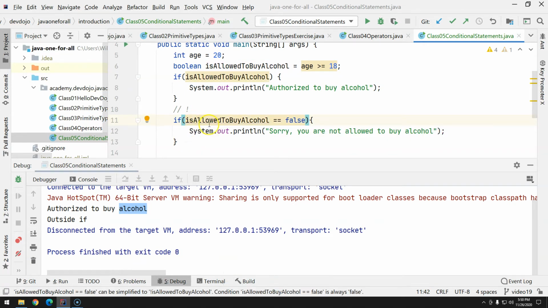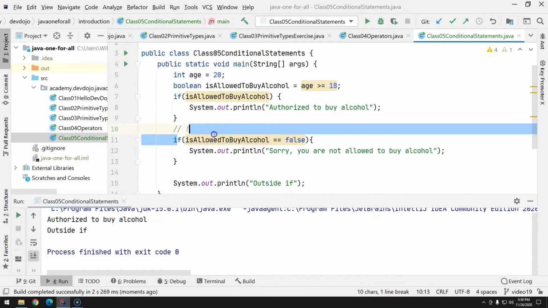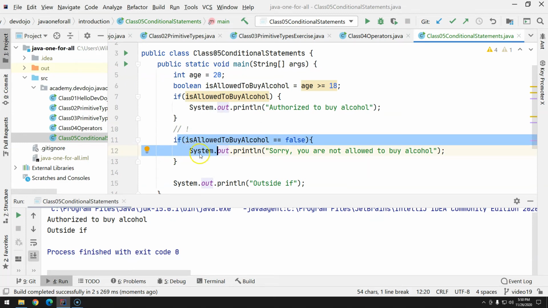I'm comparing if the variable is false. So if false equals false, then it's true. We would like to print this message, so I'm gonna change, if I execute now, is allowed is true, so true equals false, false. If false, so you know that this will not be executed. Now let's say 15,